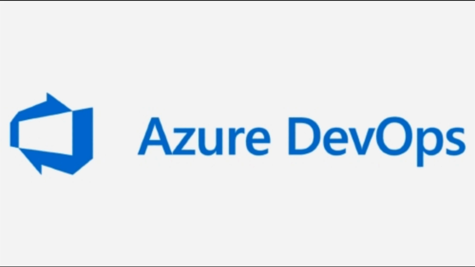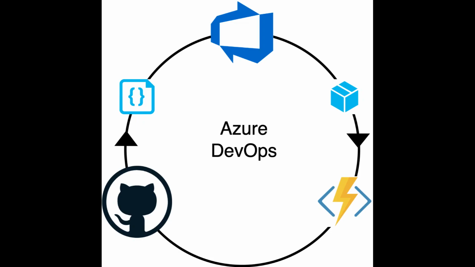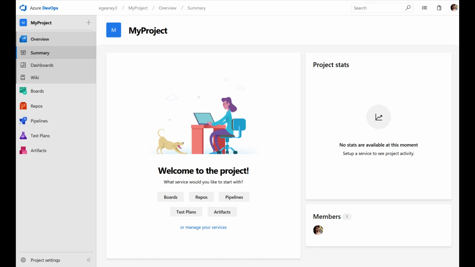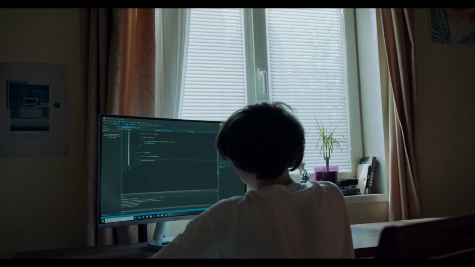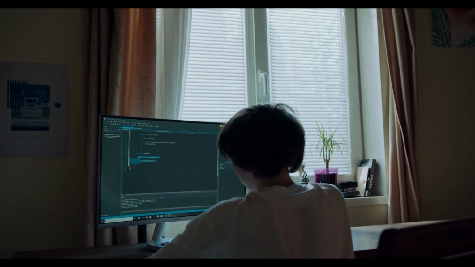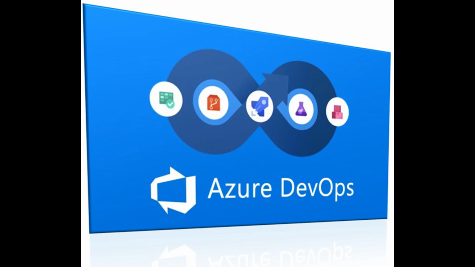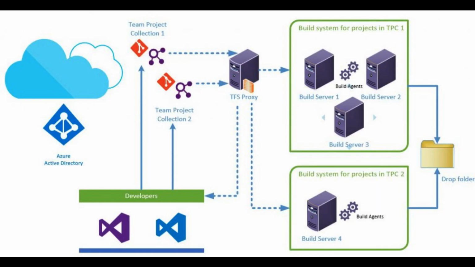Azure DevOps Server, formerly known as Team Foundation Server or TFS, is a self-hosted, on-premises version of Microsoft's cloud-based DevOps platform, Azure DevOps Services, previously known as Visual Studio Team Services or VSTS. Azure DevOps Server provides a set of integrated tools for software development, continuous integration and continuous delivery, CI/CD, version control,